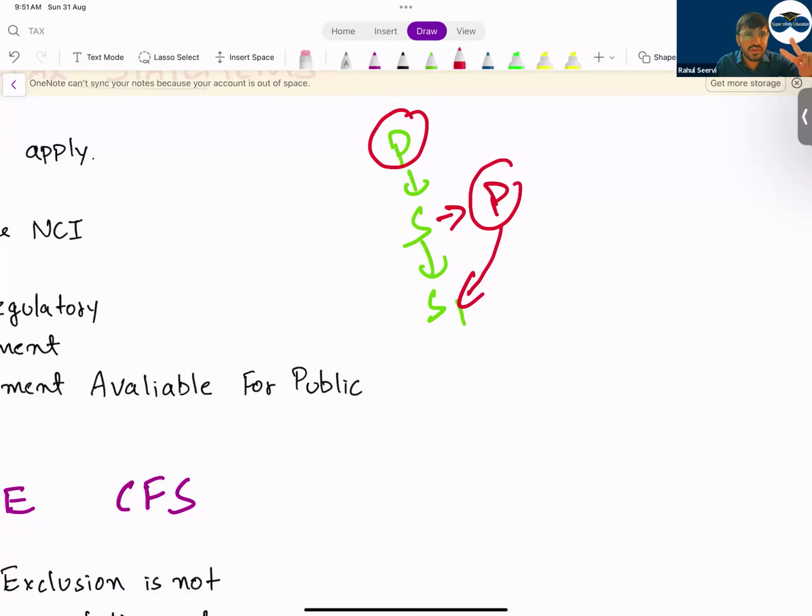So that means two things will happen. This parent will prepare consolidated books. Now, this entity need not prepare consolidated books. No need to prepare consolidated financial statements, when criteria should be met.